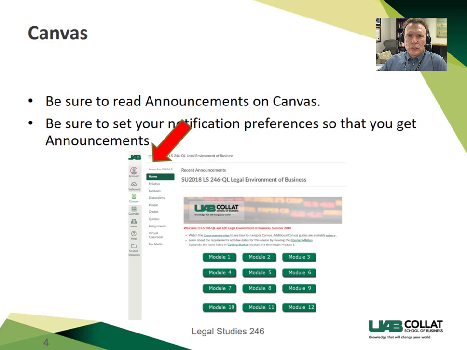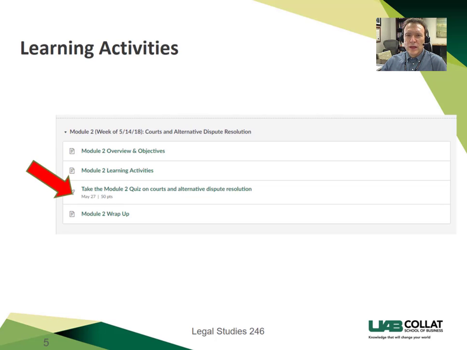It's very important that you read the announcements that come in Canvas. This is the only place that I make available the extra credit opportunities. They come up on Monday mornings at 12:01 a.m. and they close exactly 7 days later. Please do not ask me where they are after a week or to reopen them for you. You have to read announcements. The settings in Canvas allow you to set your preferences for being notified when an announcement is made, and I highly recommend that you do that.